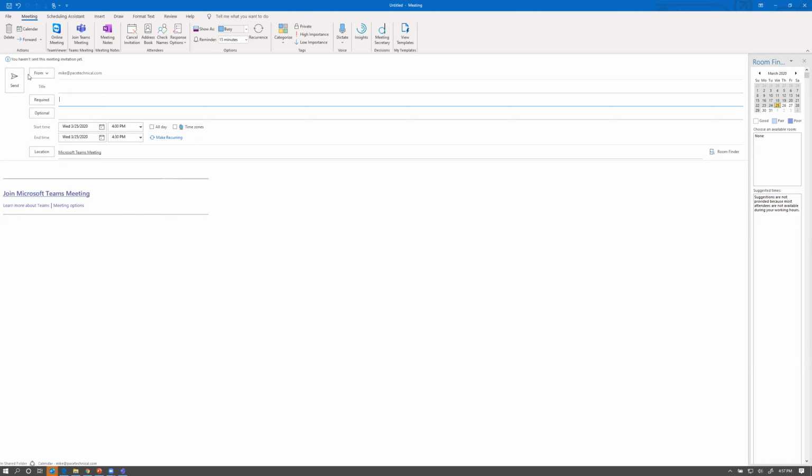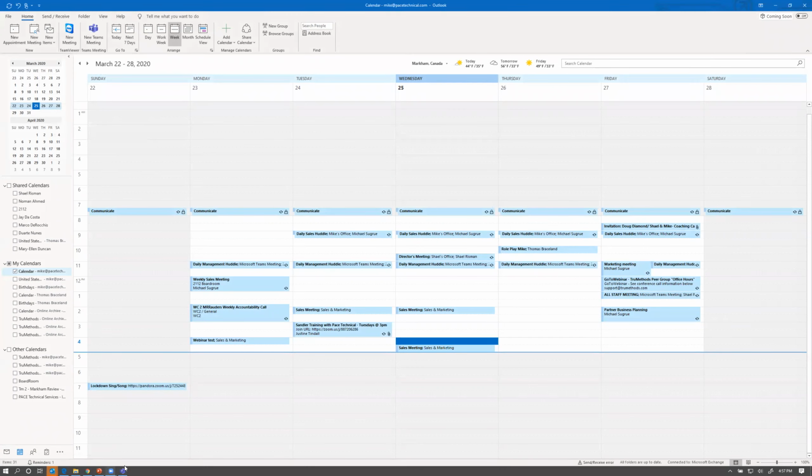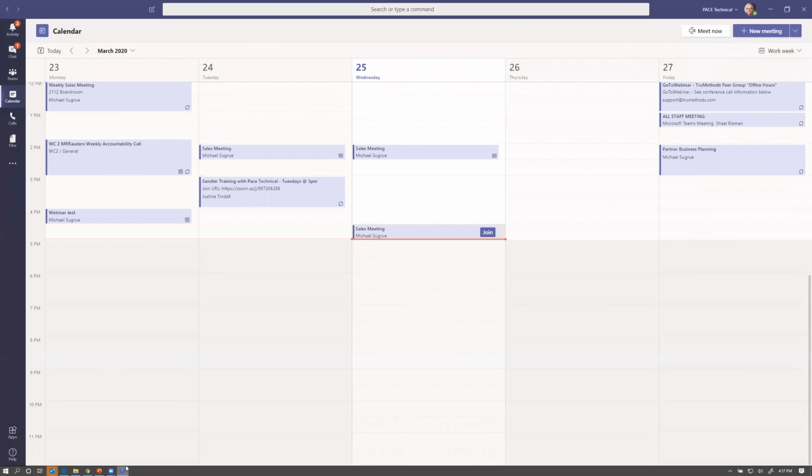Anybody that's a part of my Outlook and Office 365 will come up once I start typing names in. The one thing that you can't do when you're doing it from Outlook, unless you already have Outlook groups or SharePoint groups that align with your teams, is use those Teams groups from here. At least I haven't found a way to do it yet. So you basically have to just invite everybody individually from here. And that's the other way. I want to delete it. So let's go back to Teams.